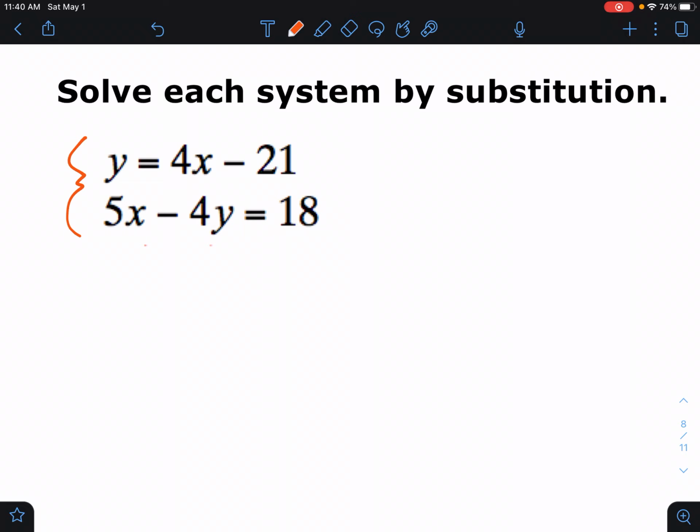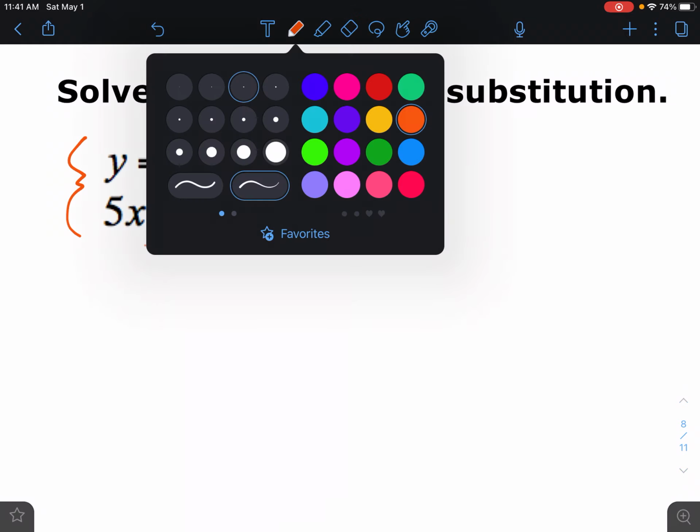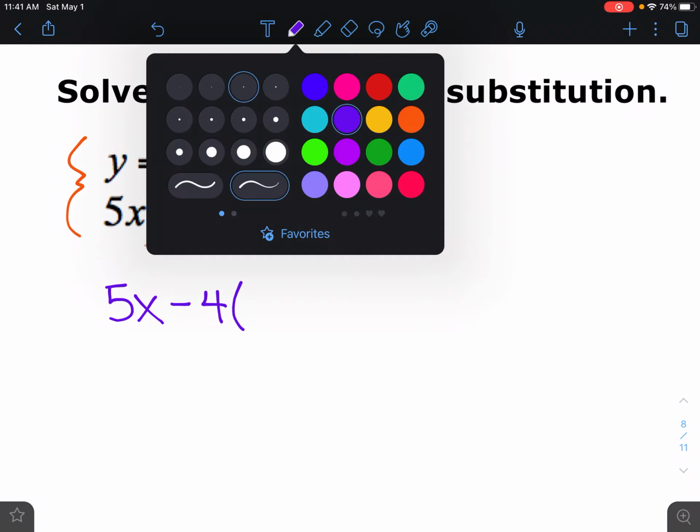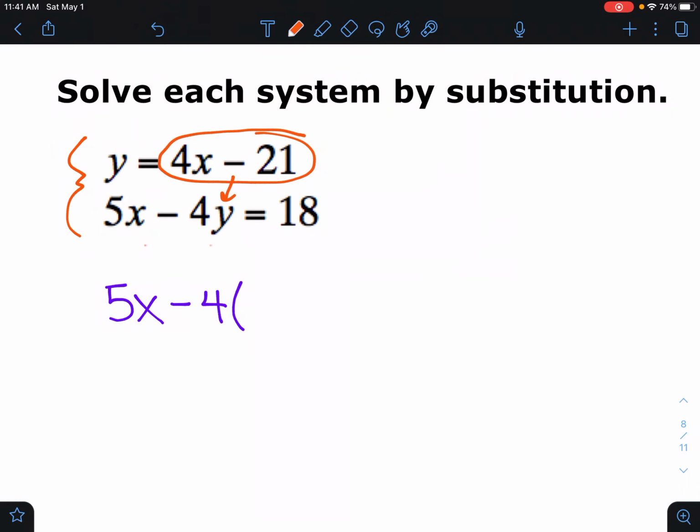This is my system. I know that y is equal to this, 4x minus 21. Since y equals that, I'm going to replace the y that I see in the other equation with 4x minus 21. So I'm just going to copy this other equation the way I see it, 5x minus 4. And now where I see that y, I'm going to put in parentheses what's in that orange stuff. So I'll write it in orange here as well, 4x minus 21,